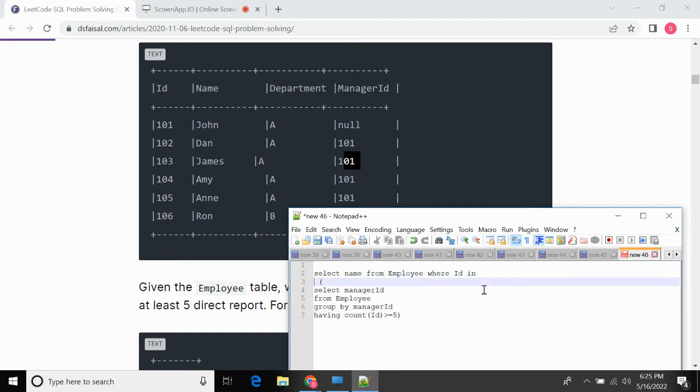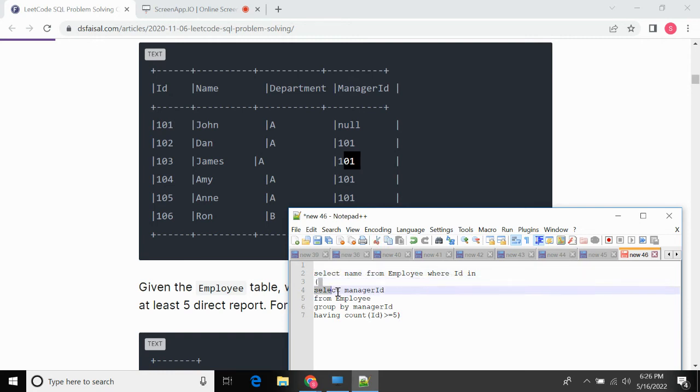Now just look into this code once again. What we are calculating here is, first we are counting all the managers who have at least five reports, and after we got the manager ID, we have to just find out the name. Since this name belongs to this table only, you just have to write select name from employee where ID in